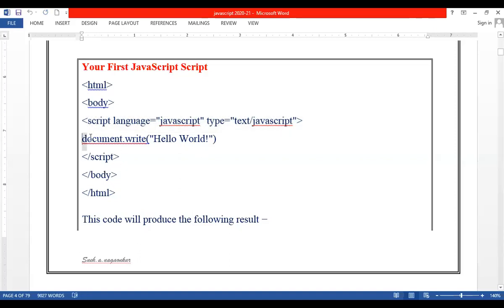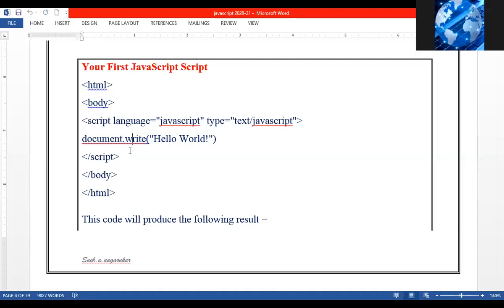Then when I want to display something on the screen, how do you write it in the C program? Using printf statements, right? Similarly, when I want to display something on the screen using JavaScript, there are different output statements. So document.write is one of the output statements which is used to display the data in the browser. Okay, so document.write is one of them, not the only one.